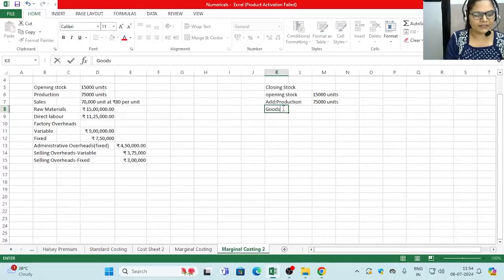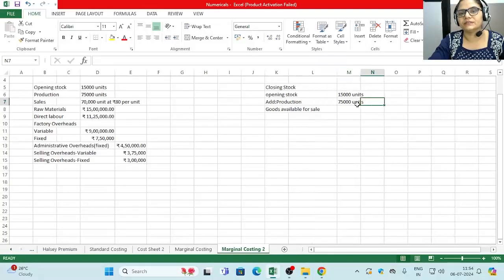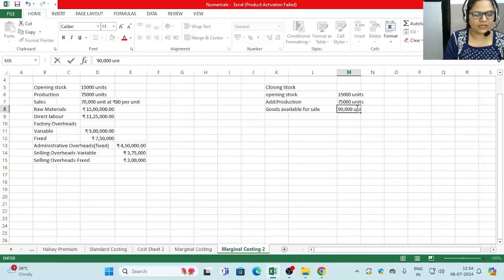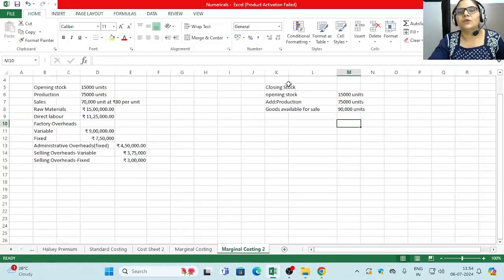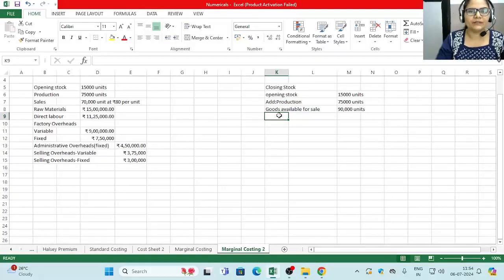We will find the goods available for sale, that is 90,000 units. I think we are clear with the fact. Opening stock plus production gives us the goods available for sale. And after